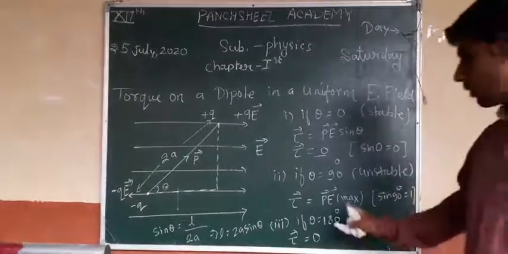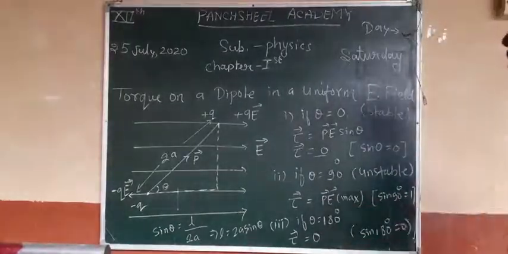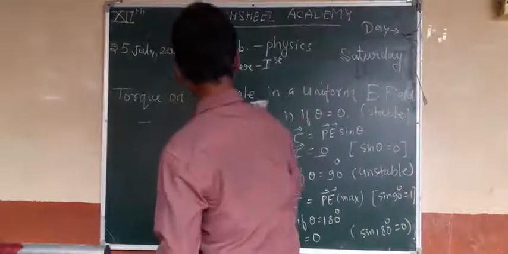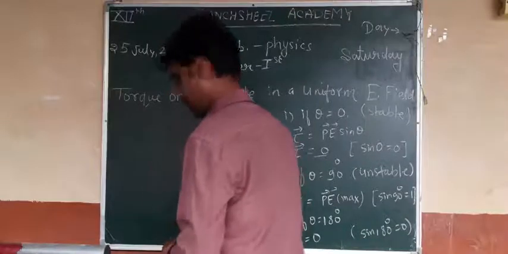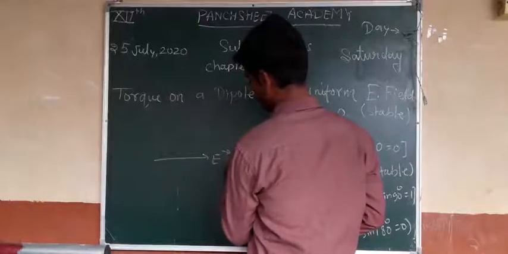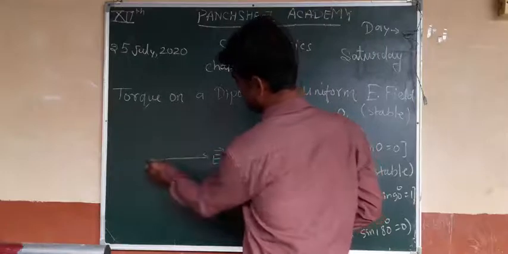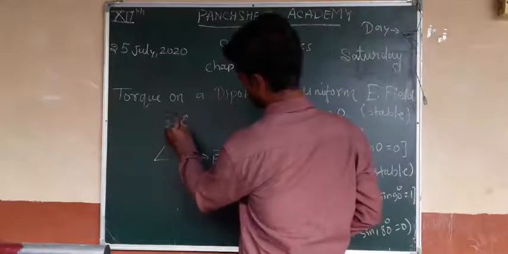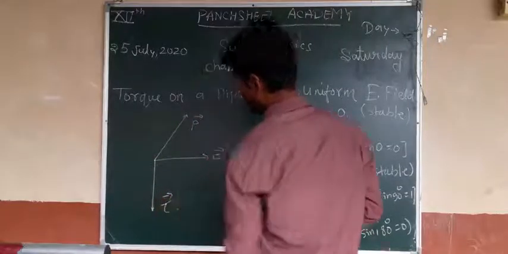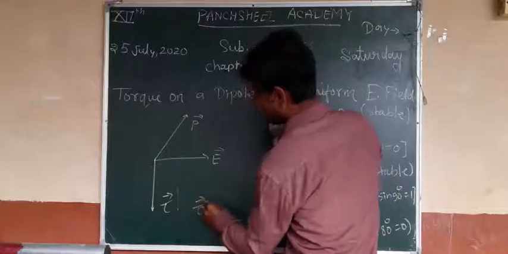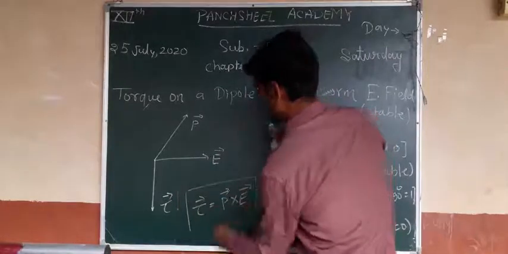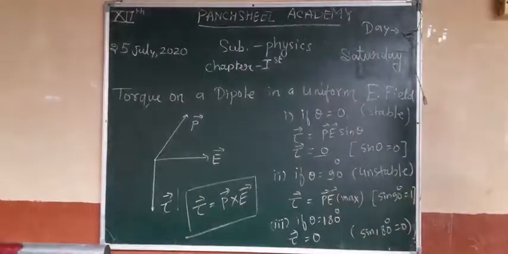So this is the formula PE sine theta, the formula for torque on a dipole in a uniform electric field. One more thing. Suppose this is the electric field, and this is the direction of P. Then this is the torque. So tau equals P vector cross E vector. This is the vector form of